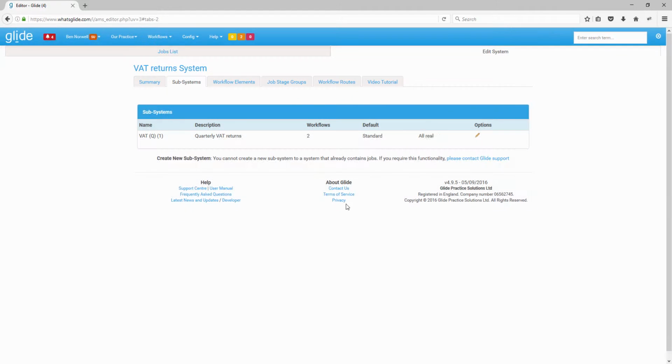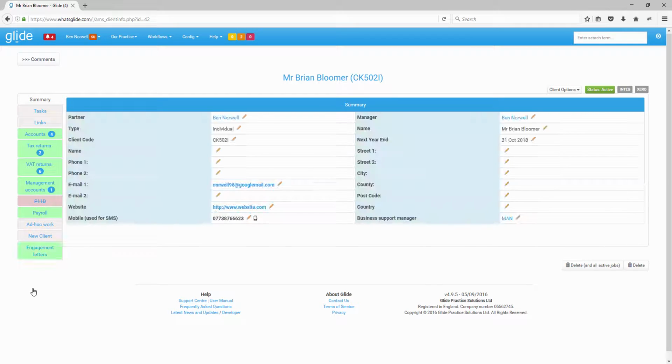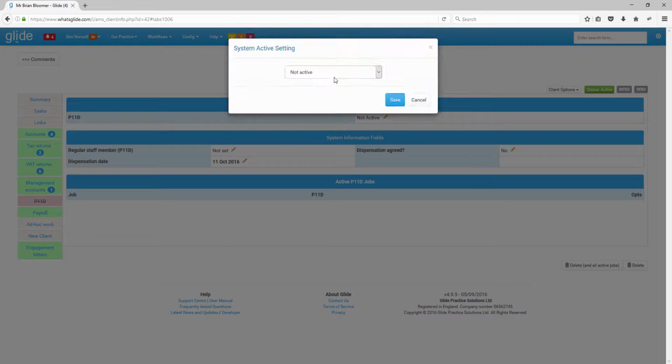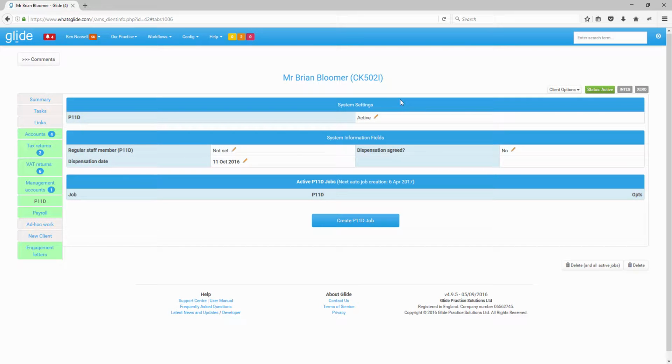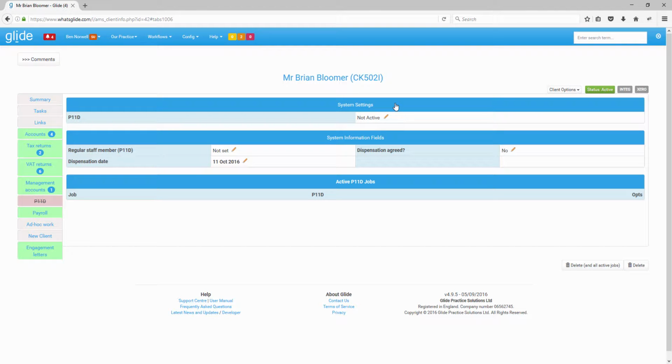So an important thing to mention, if we go to a client screen, for example this one, and if we look at let's say P11D, now this is set to not active and I can change it to active. If I put in the setting active and save it, then this client has its own setting. Okay, if I change it to not active, again it has its own setting, but until that time the client is simply